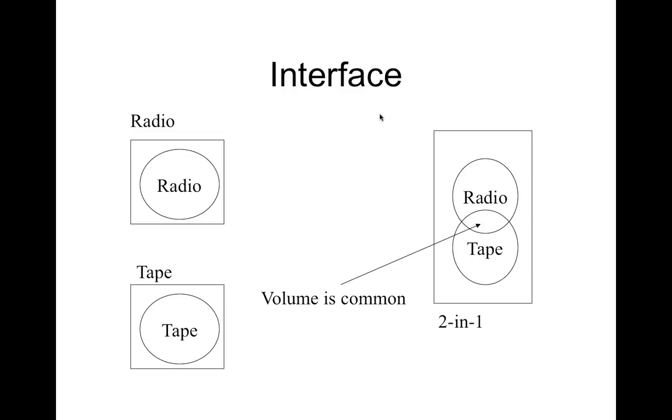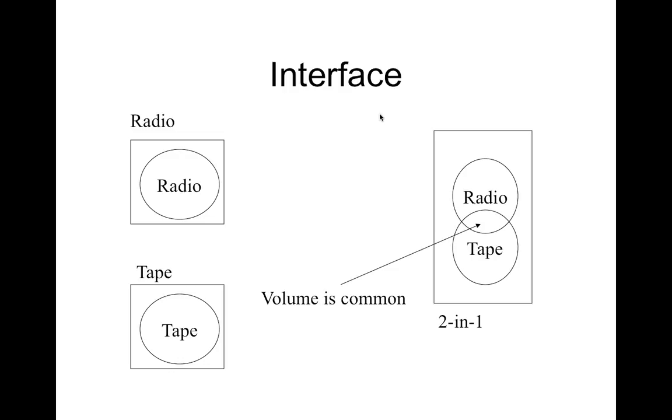You can combine these two. Think of radio as an independent component, and tape as an independent component. You can combine these two into a dual player, right? Radio and tape record go hand in hand. So think of these as interfaces, and two in one is nothing but a combination of them. That means a class implementing both. In general, if you think about two different interfaces and a class implementing those two interfaces, it can get the behavior of both the interfaces that we are talking about.